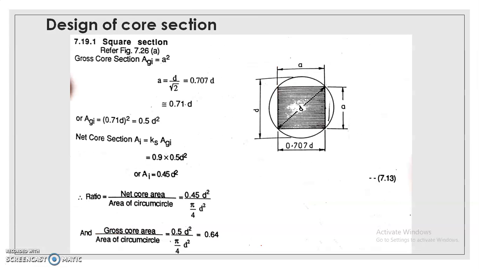So let's see the design of core sections. Actually, it has been pointed out that earlier also for very small size transformers, a simple rectangular core section can be used, having circular or rectangular coils. The ratio of the depth to width of the core is to be taken as 1.5 to 2.5, and as the size of the transformer increases,